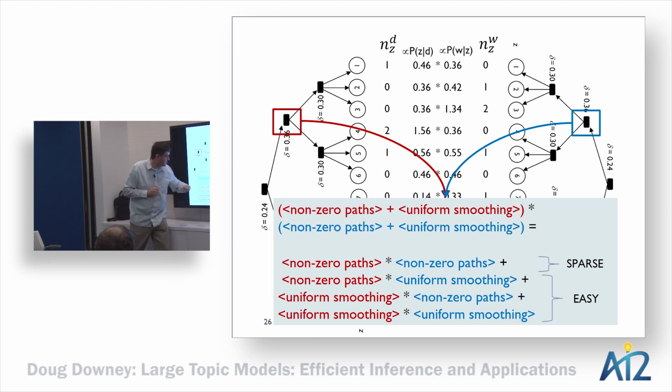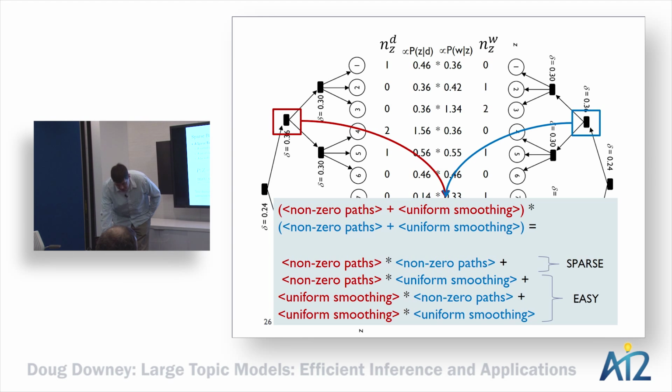Right, so if you tell me this thing does uniform sampling and these non-zero paths have a total probability mass of x, then I can say, what's the probability of this whole thing? Well, it's the uniform sampler times x, right? And I'm done. I can stop. And so the fact that 3 of these cases end up being really simple and only 1 requires recursion is what allows this thing to scale to large sets of topics.